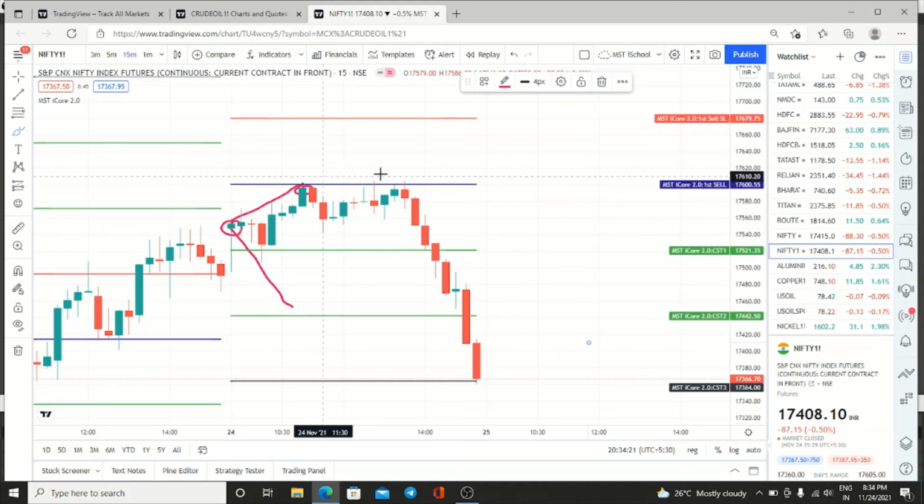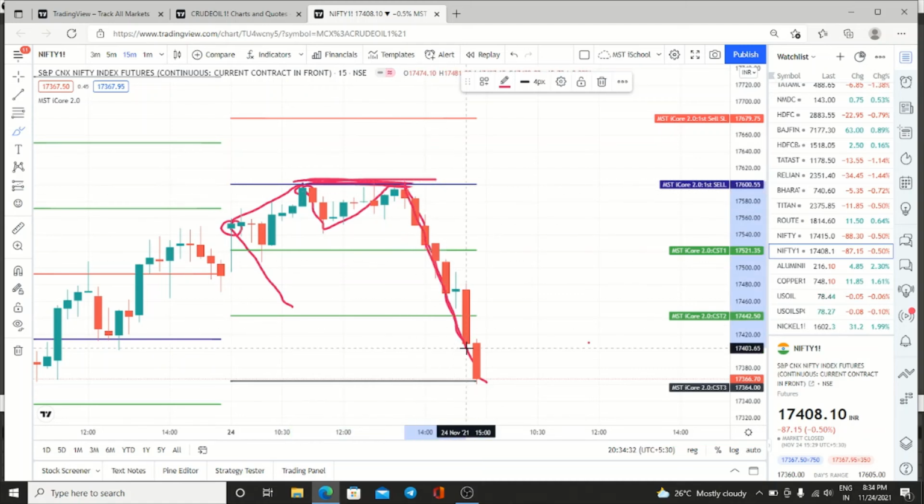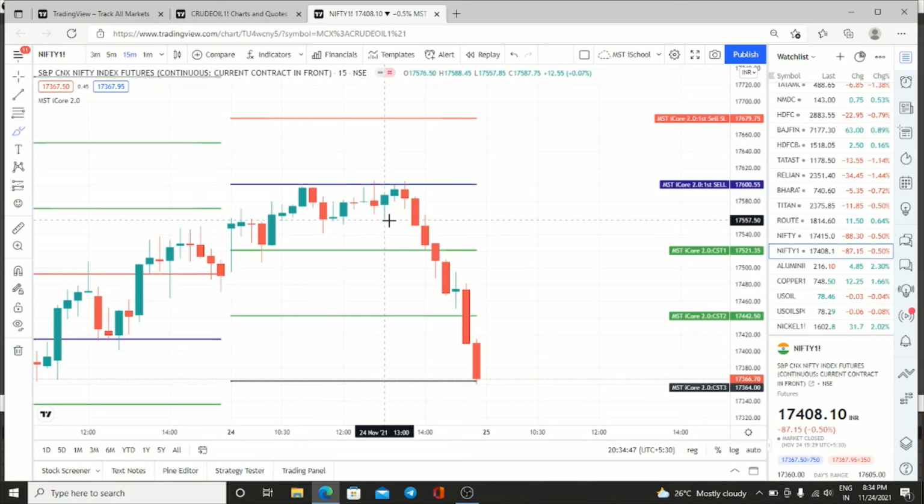See here, perfectly all the three targets have been achieved. Here it has given retracement. Once again it has taken the resistance of our entry place. Then it has fallen. So all the three targets accurately achieved. The last target was 364 and low made was 17,360. Not even 1 point is missed. Exactly all our targets have been achieved. So this is how you have to trade.